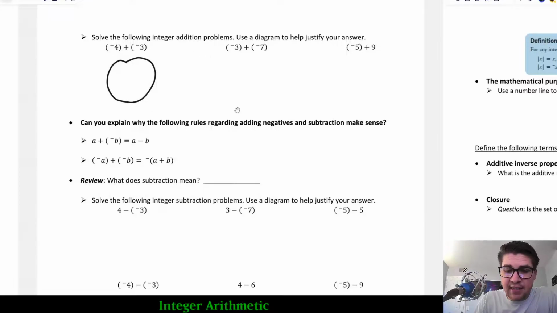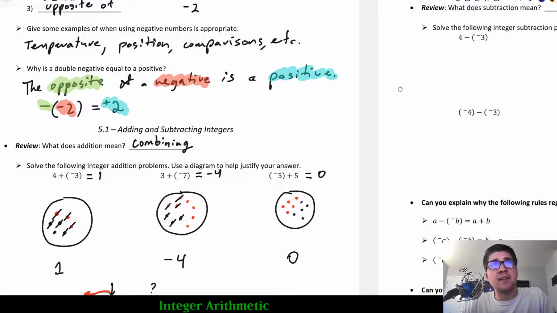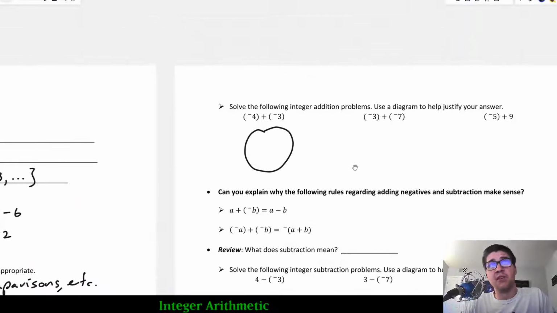This is a distinctly different case than these cases over here, because here we were adding a positive to a negative. But if we're adding two negatives together, we have a different sort of effect, because say I start with the first number, well, that's a -4. That's like I am in debt by 4. And I add another debt of -3 to that. It's kind of like going on the saying that 2 wrongs don't make a right. 2 wrongs actually make a larger wrong in this case, where